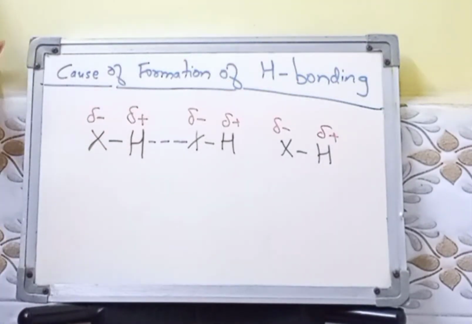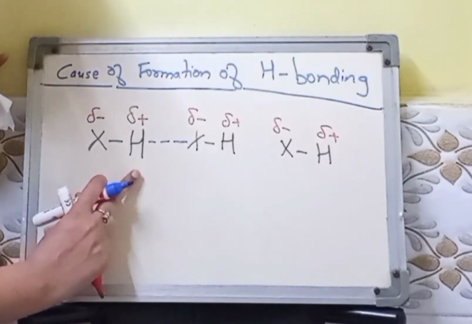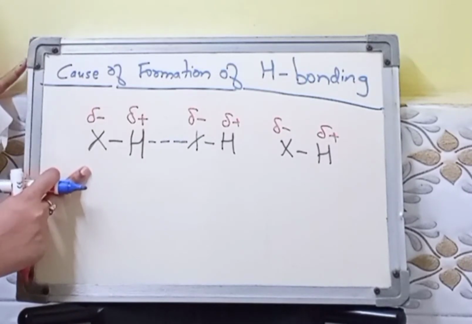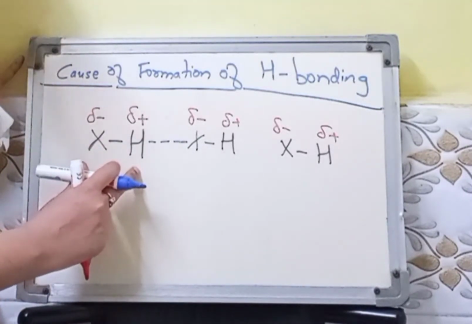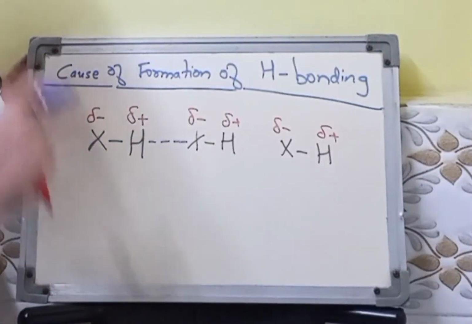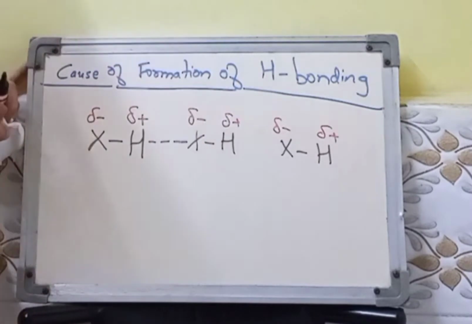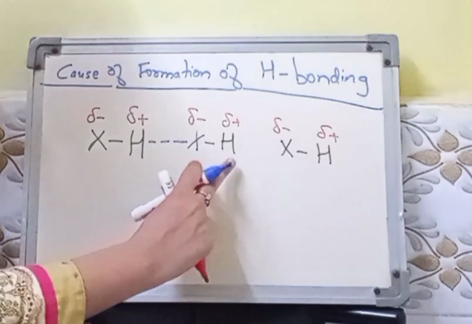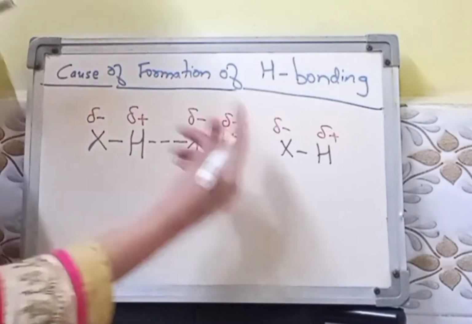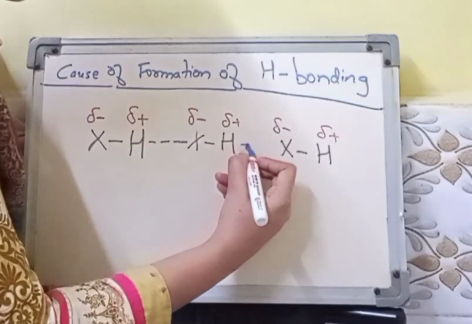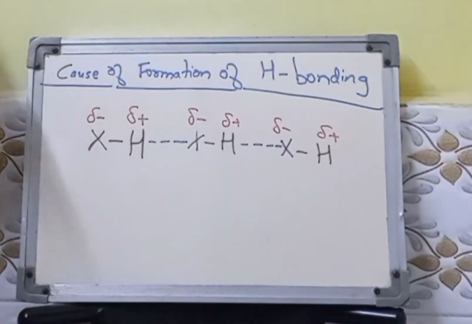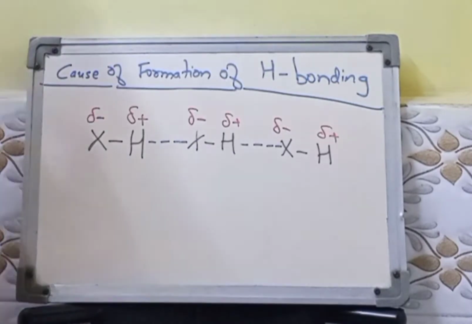So you always have to remember, for hydrogen bonding you have to make sure that your hydrogen is covalently linked to an electronegative atom. Then only it will have partial positive charge, and then only it can face force of attraction from another electronegative atom. Similarly, can you see this? Partial positive and partial negative end. Again, there will be a formation of hydrogen bond. So this is how the hydrogen bond occurs.